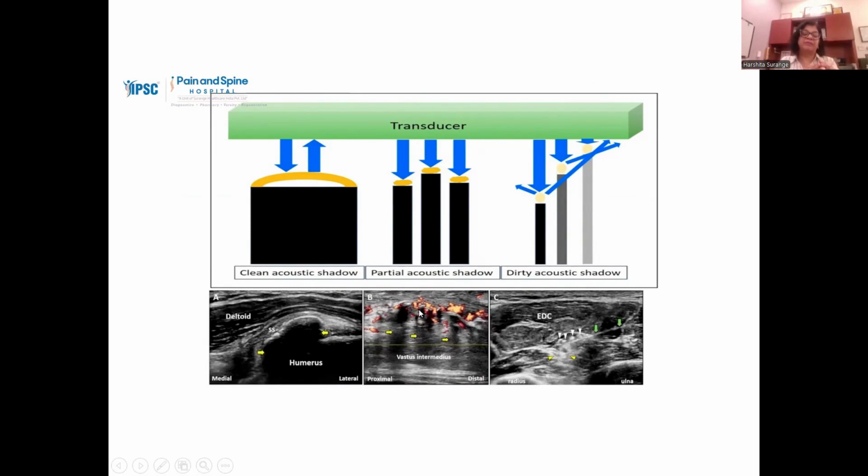Now, why is this dirty shadowing occurring? Because there is some calcium deposit here and there in the vastus intermedius tendon, because of maybe myositis ossificans. There's some calcium deposition right and left, which is causing this shadowing. And then the air. For example, if you have put in the needle and then you're putting in some air, air has been deposited, see the dirty shadowing of this air which is happening.